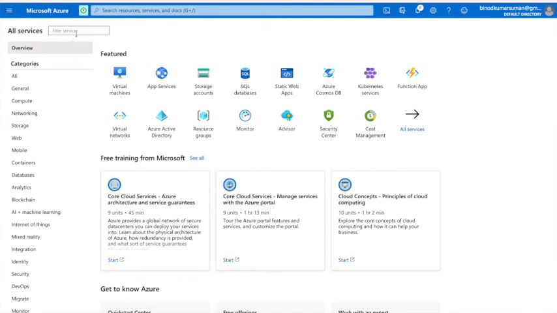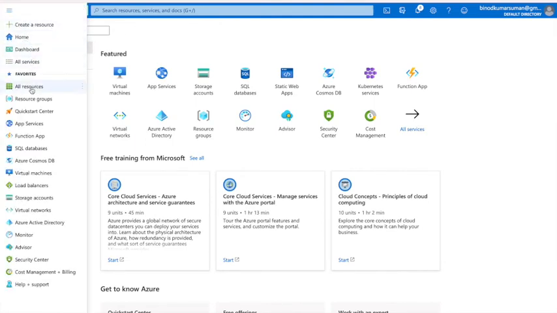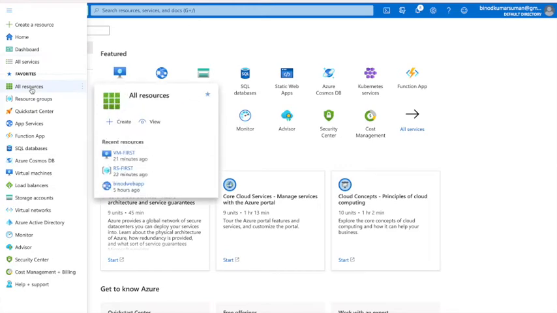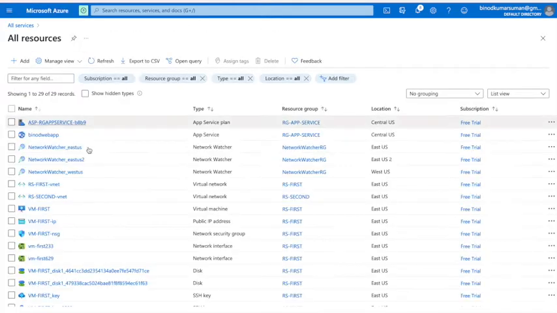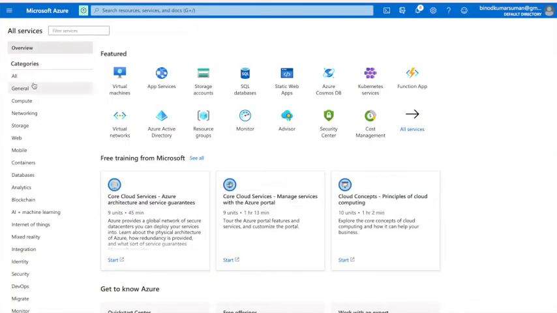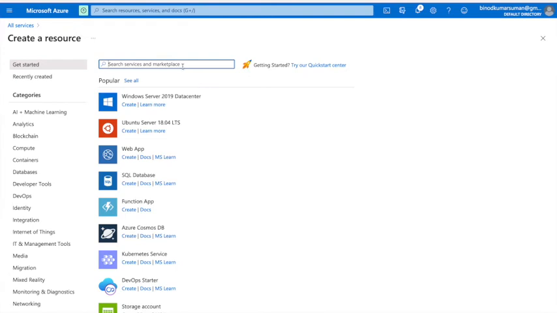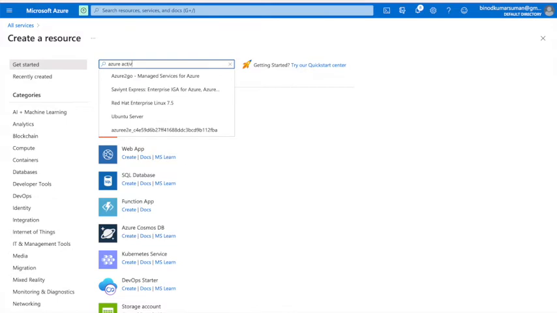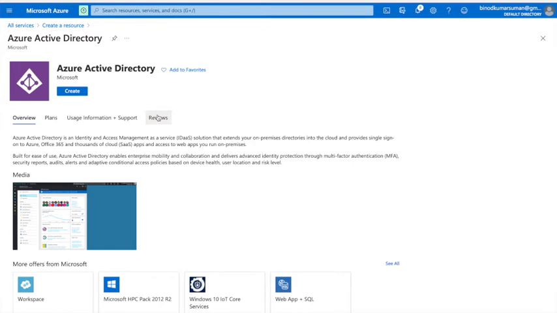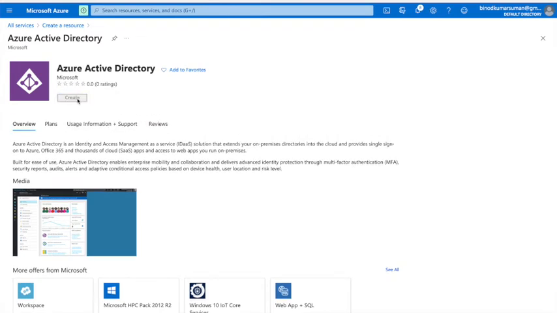Go to all services, sorry, create a resource, and here type Azure Active Directory and click here,